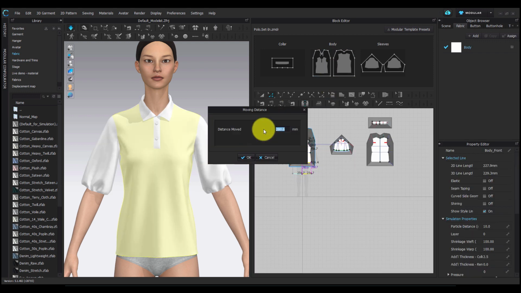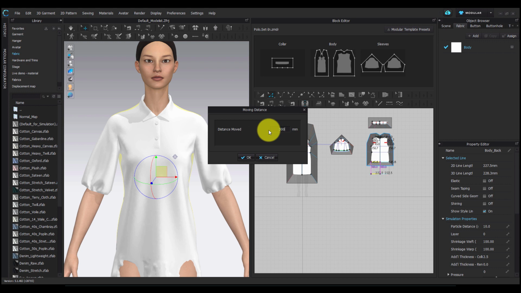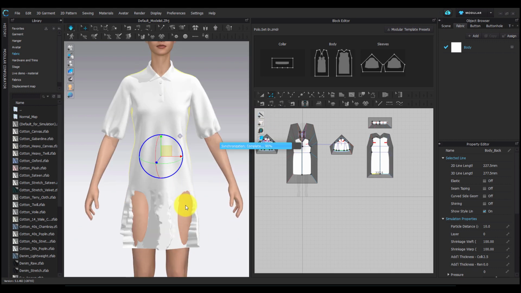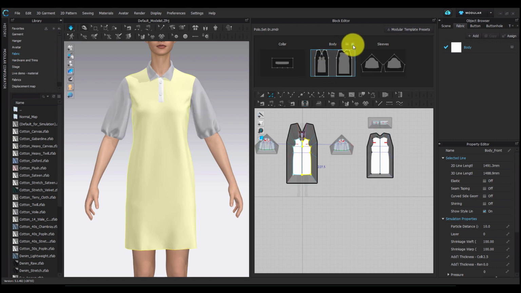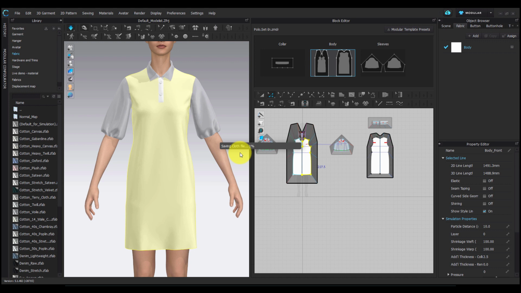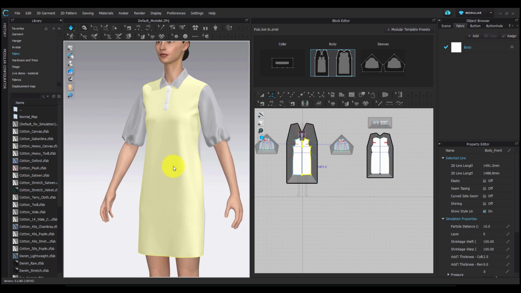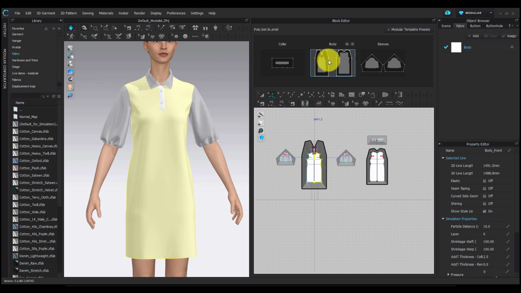So I'm going to make changes to the body and save that as well. I'm converting this t-shirt into a dress by increasing the length. Here again, when you want to save it, it's the same concept. I click on it and I save it from the save icon in the top right hand corner. As you can see, when I go to save it, it becomes gray, and that means that part is deactivated and the one that I have clicked is activated.